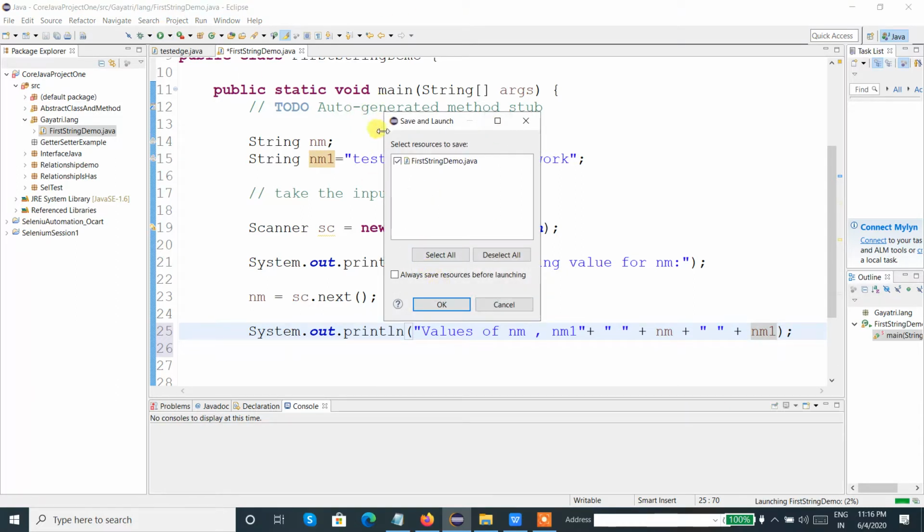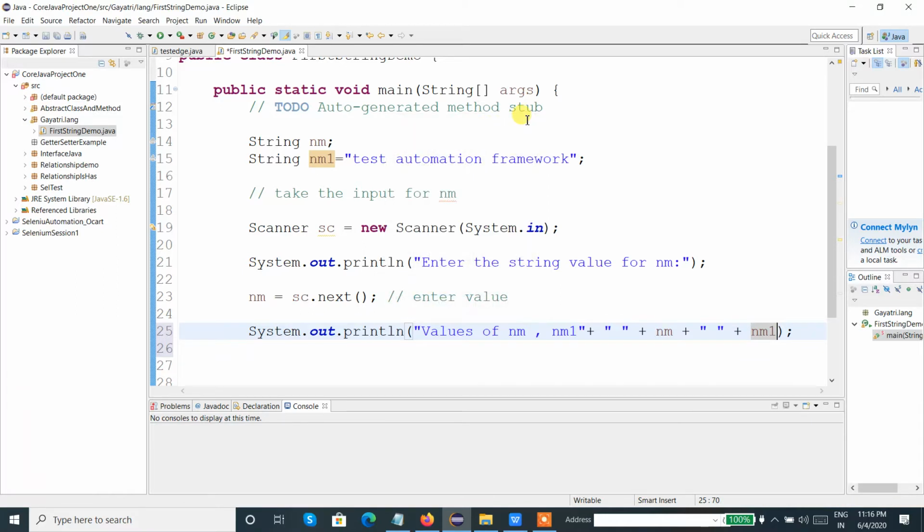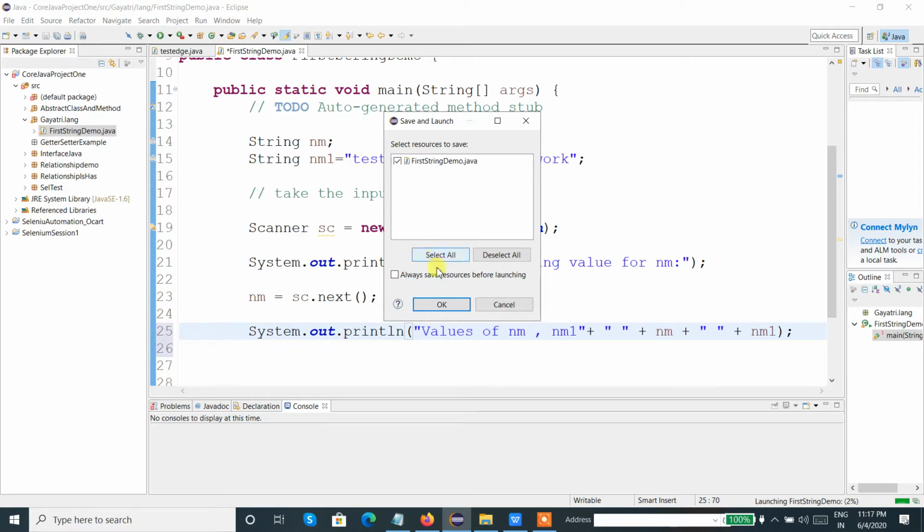So let me check what is the value of nm. Nm we are entering, so the value will be whatever string we enter, and nm1 is the initialized string value, that is test automation framework. So let us check whether the output is coming as per the expectation or not.